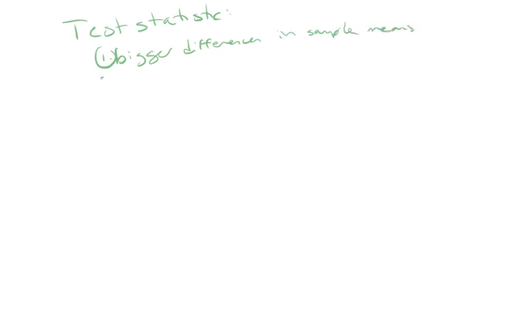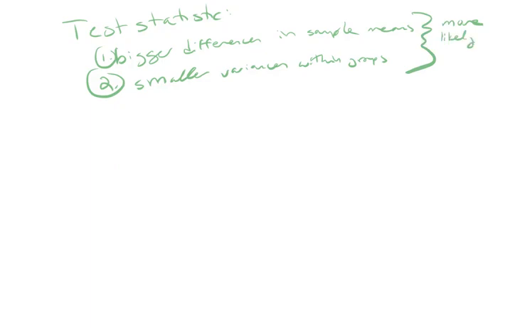So to summarize what we want in a test statistic, what we're saying is if we have bigger differences in sample means, or if we have smaller variances within groups, in both of those cases, we want to create a test where we're more likely to reject the null hypothesis